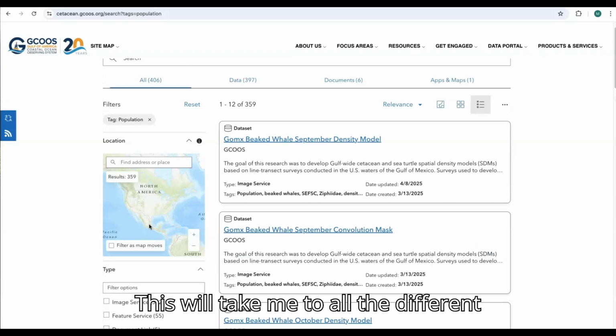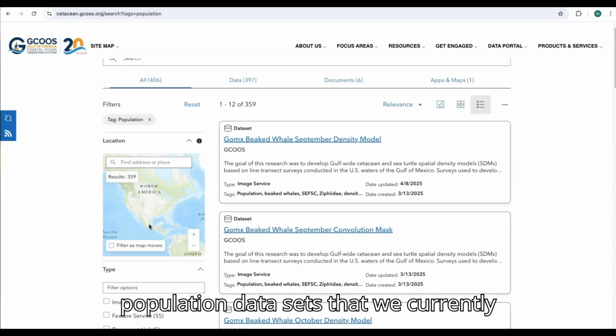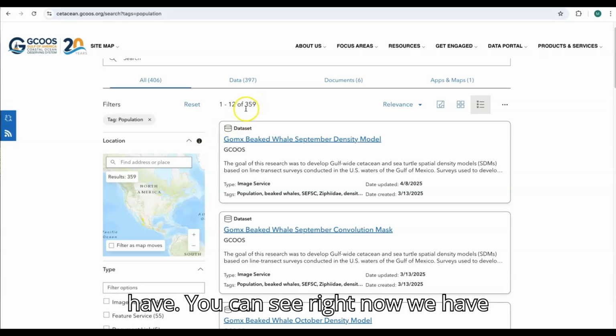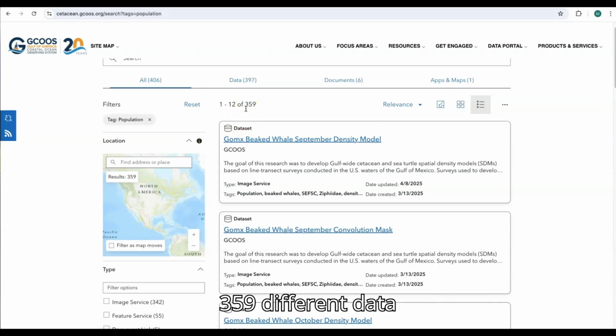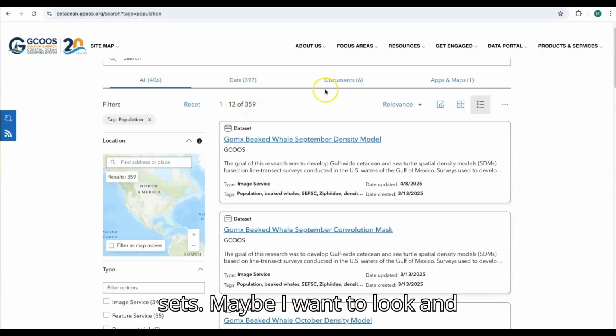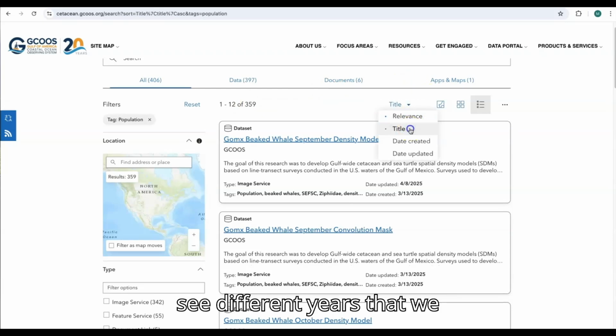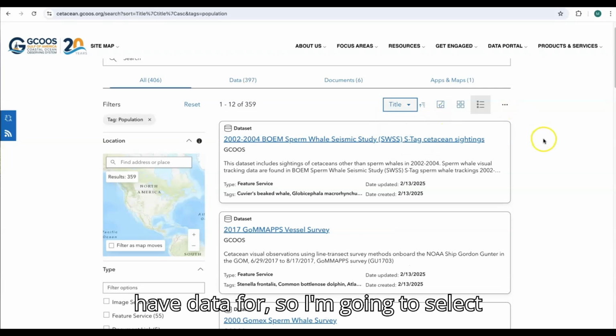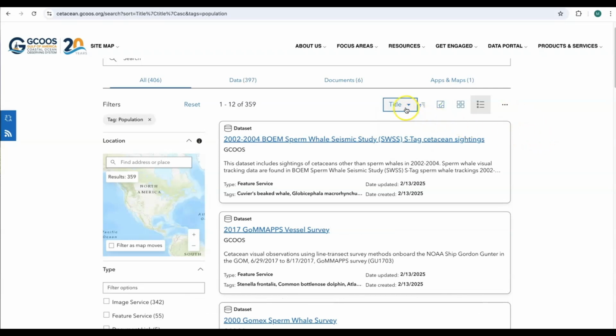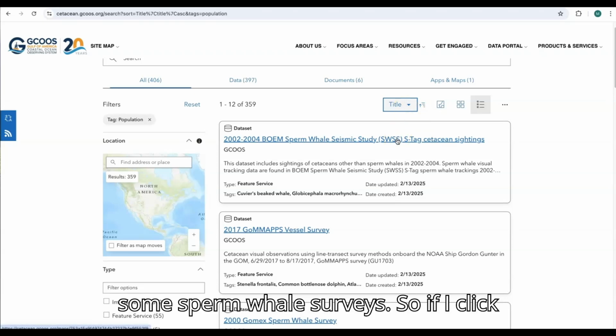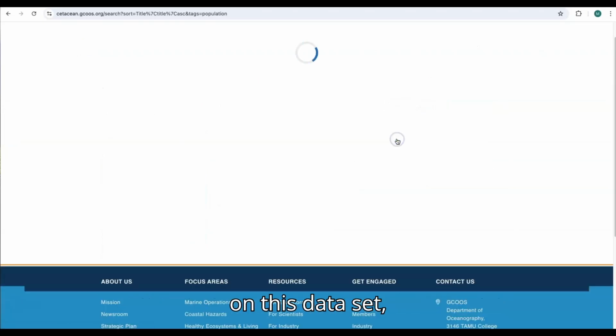This will take me to all the different population data sets that we currently have. You can see right now we have 359 different data sets. Maybe I want to look and see different years that we have data for, so I'm going to select sort by title. And here we have some sperm whale surveys. So if I click on this data set,